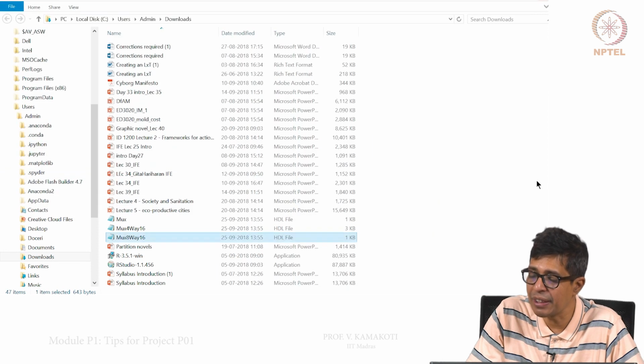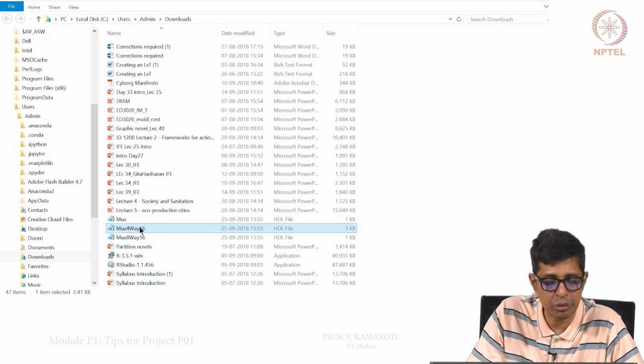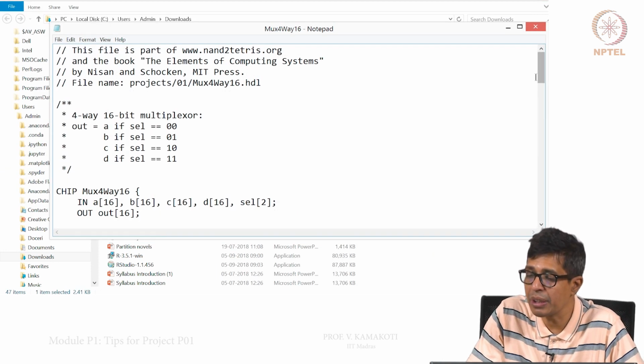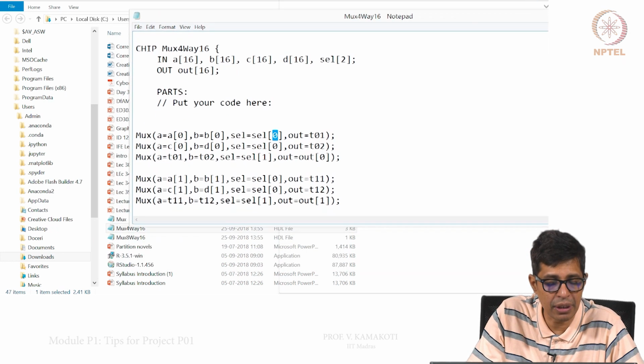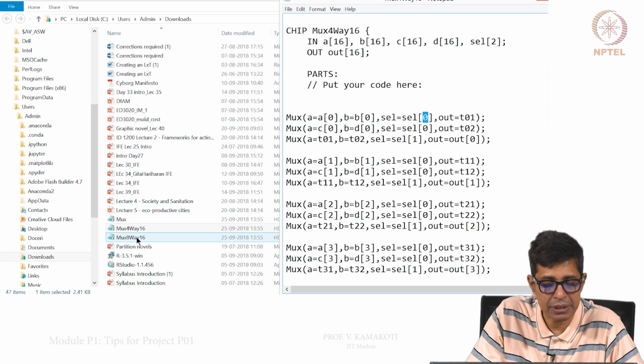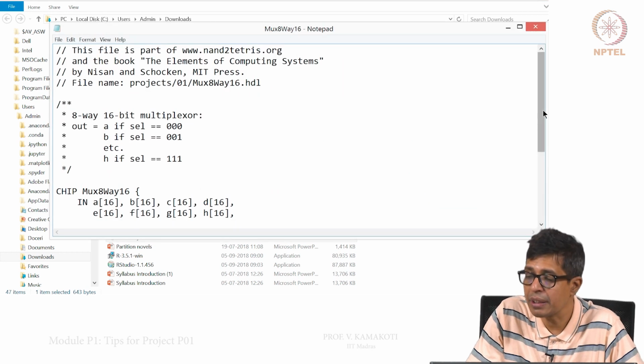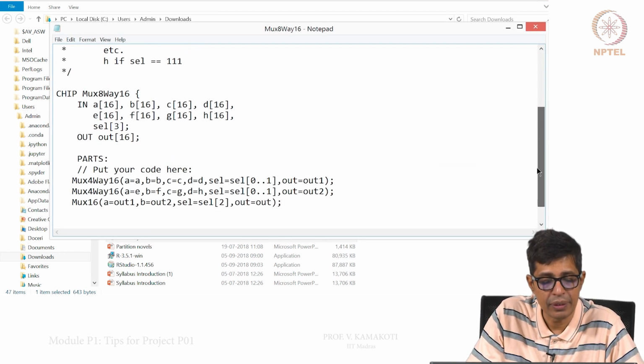In the previous example, when we saw the mux 4-way 16, please note that we were using only bit select, taking only one index. But when we look at the next one that we are showing here, namely your mux 8-way, please note that we are taking part select, that is 2 of the 3 bits. So, this is the syntax that you can use, so select is assigned those 2 bits.